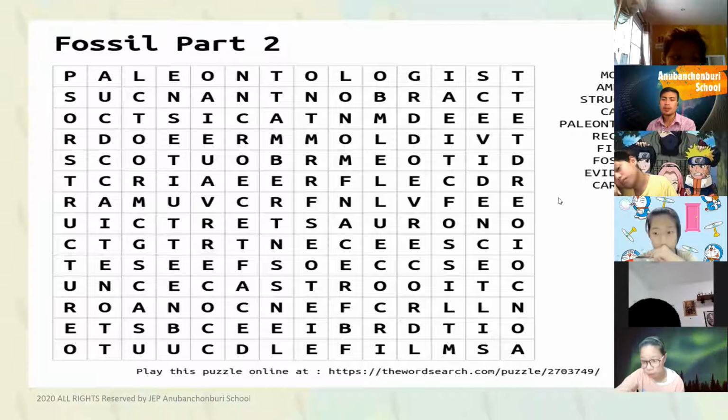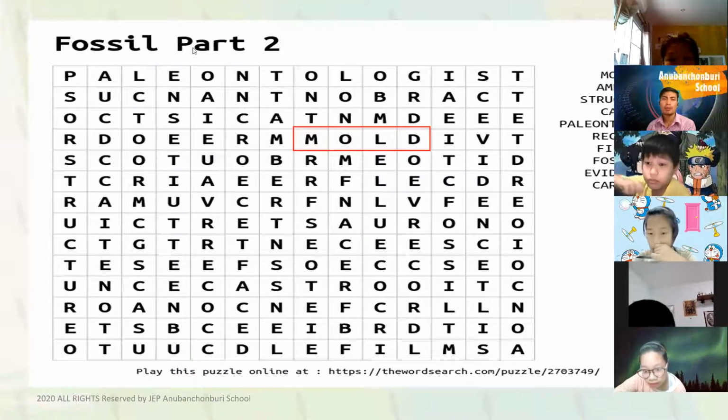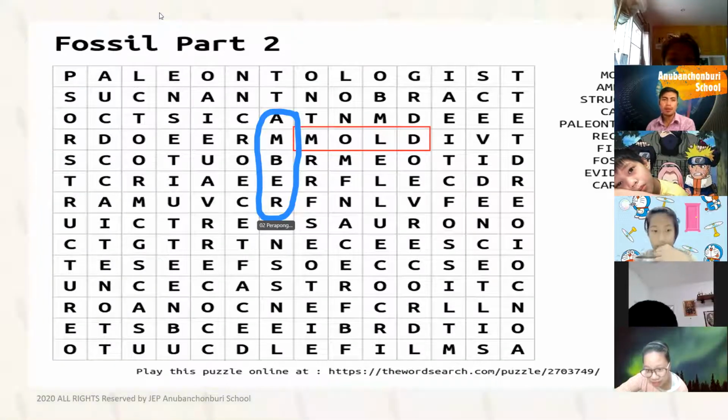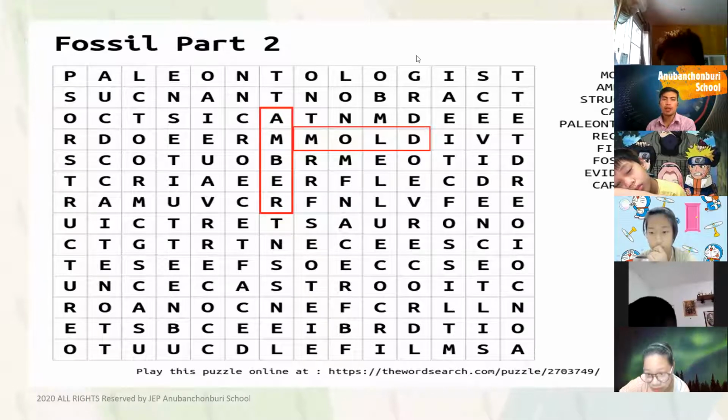Put it in a box, please. Okay, thank you. What about the second word? The second word is amber. Pirapong, can you do it, please? Okay, so Pirapong now is looking for the word amber. Okay, so I will try to put it in a nice box. Thank you, Pirapong. Okay, can you remove the blue? Okay, thank you. Now let's proceed to the next one.